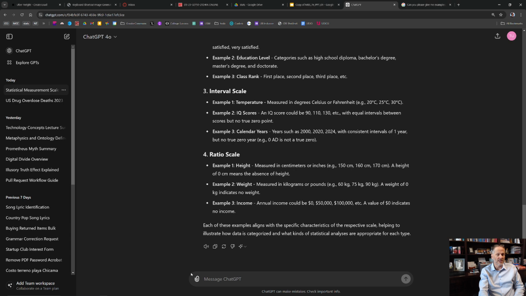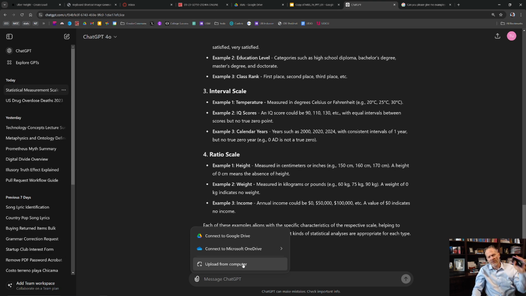Now I want to show you a few things about ChatGPT that not a lot of people know. Down here you have a place where you can upload files from your computer. And if you install the app on your phone, you can upload files from your phone. Why is this useful? Because if it's installed on my phone, I could take a picture of something in the textbook. I could upload it to ChatGPT and I could say, please explain this concept to me, right? Please explain it to me in simpler terms. Please give me a very simple example of this concept. Please give me a problem to practice this concept. I've practiced this problem. Did I get the answer right?